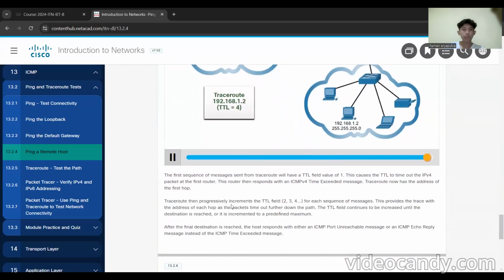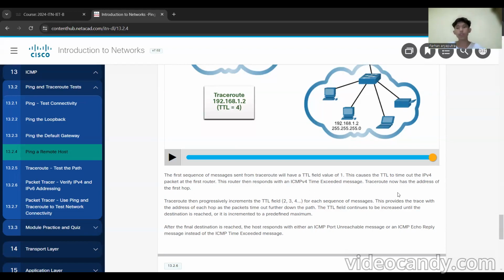The first sequence of messages sent from traceroute will have a TTL value of 1. This causes the TTL to time out the IPv4 packet at the first router. This router then responds with an ICMPv4 time exceeded message. Traceroute now has the address of the first hop. Traceroute then progressively increments the TTL field: 1, 2, 3.